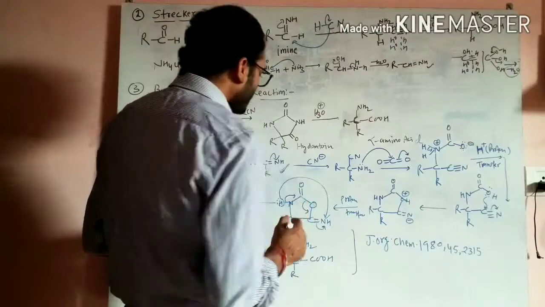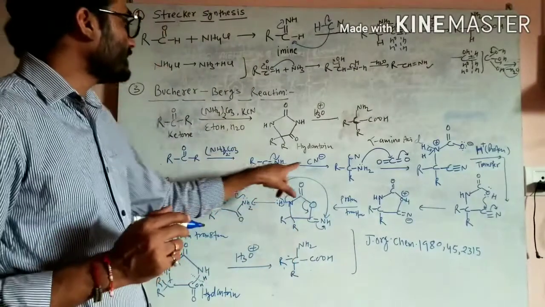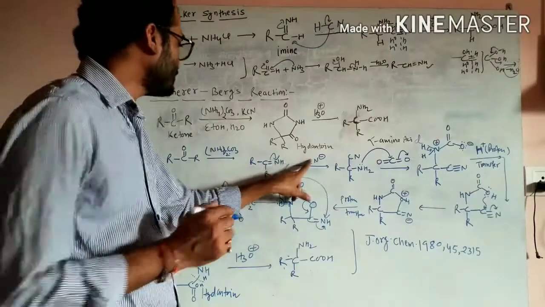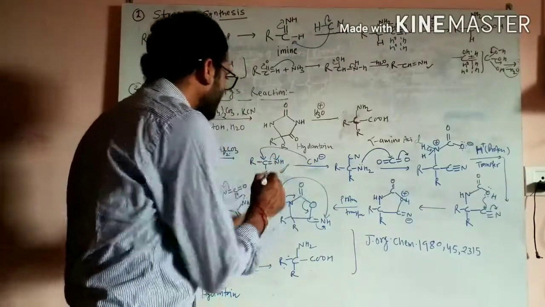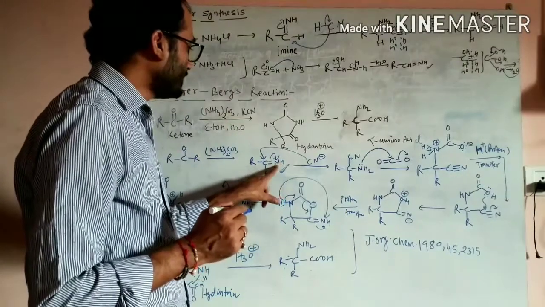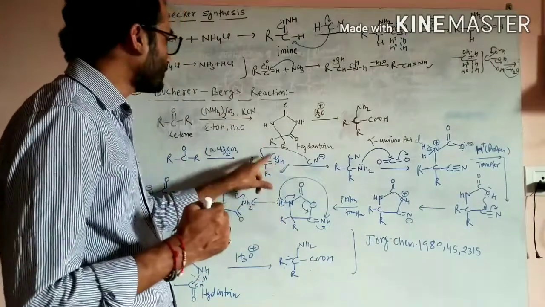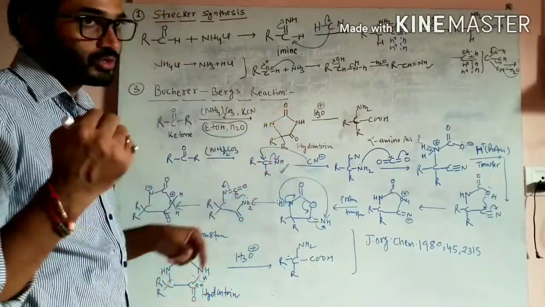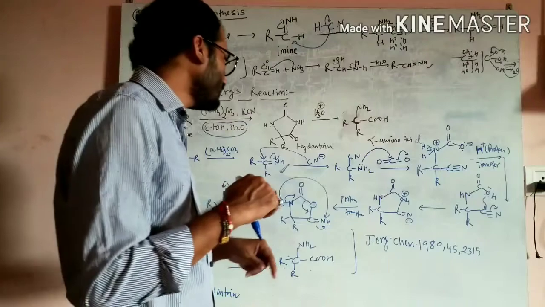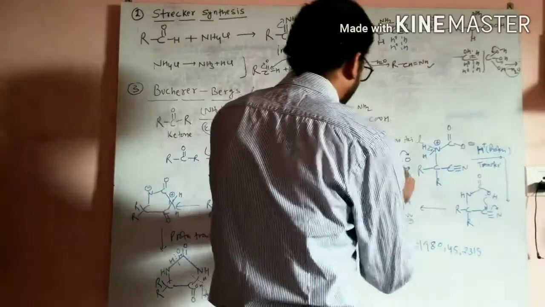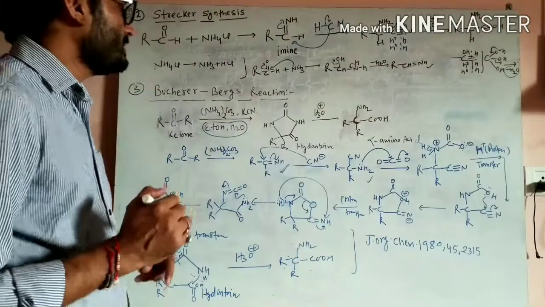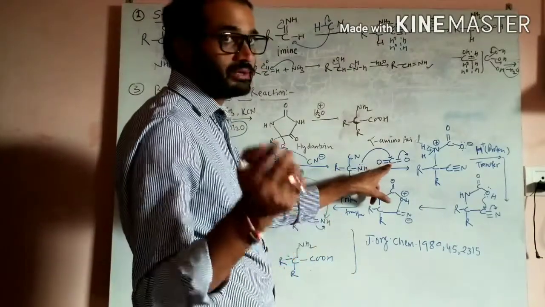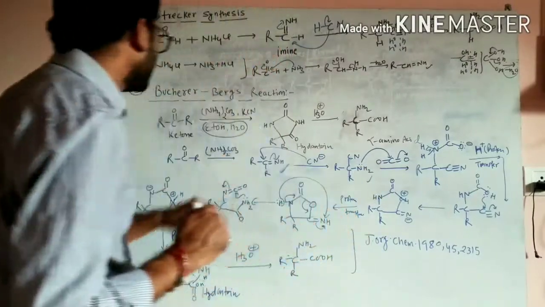Now, this imine is reacted with cyanide from potassium cyanide, giving cyanide ion, and this cyanide ion CN minus will go here, and here we have NH minus, and this NH minus will accept a proton from the solvent system, ethanol and H2O, giving this nitrile intermediate. Now this nitrile reacts with carbon dioxide. Where does this carbon dioxide come from? This is also coming from the ammonium carbonate.